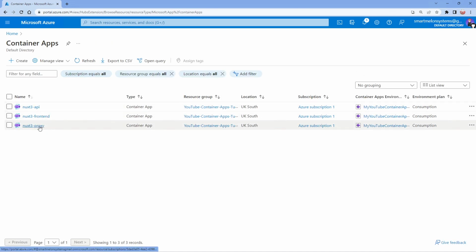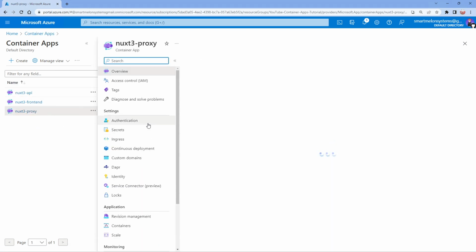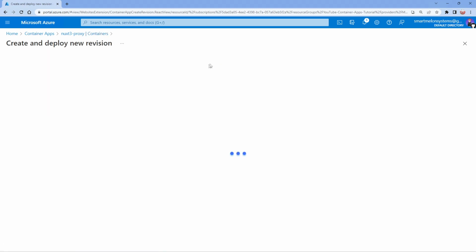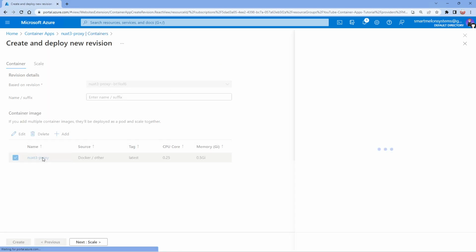So now let's go into the proxy, because we need to change those destinations, if you remember, where the proxy server is pointing, so that it forwards across to both the API and the front end accordingly. To do this, we go to our Nuxt 3 proxy, we go to the containers blade, we go to edit and deploy, because we need to change the configuration. Click on our container image,